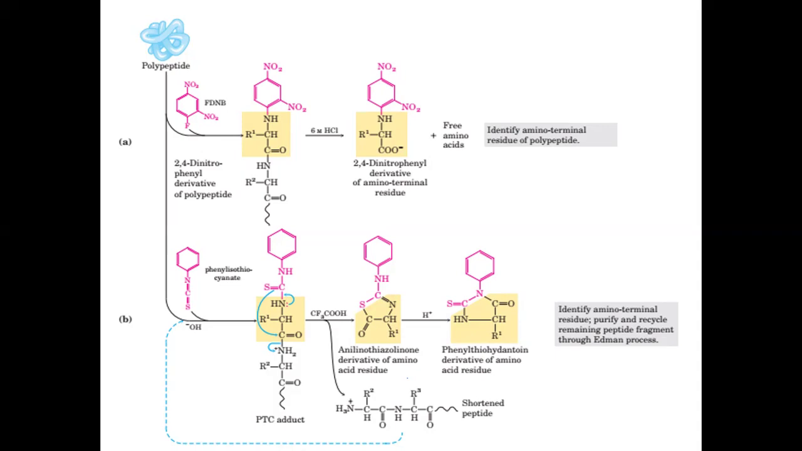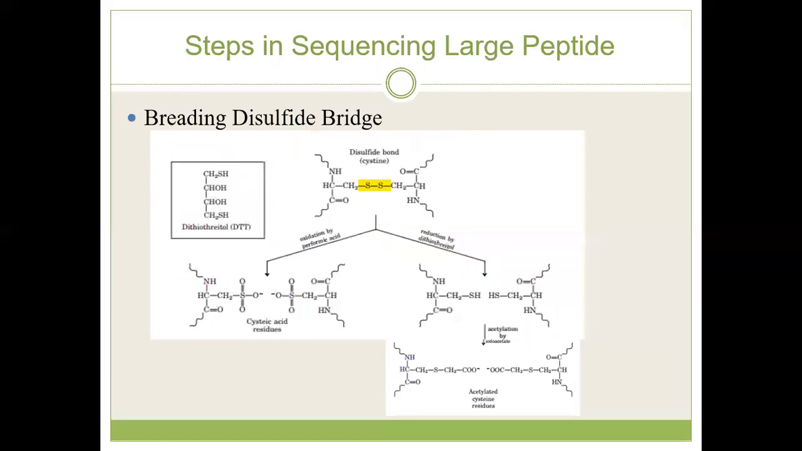The only problem with this method is that it can only identify just a few of the amino acid sequence. It cannot identify a very long polypeptide. Now, if you want to identify a very long polypeptide, how do you do it? Okay, for you to do that,